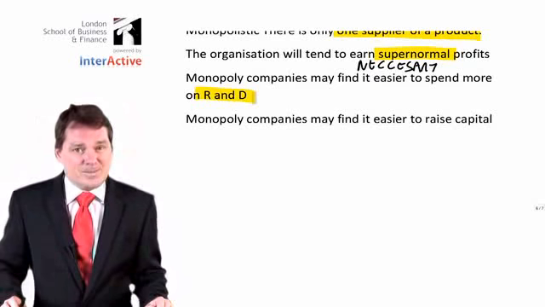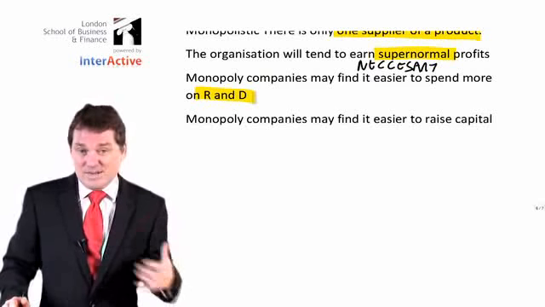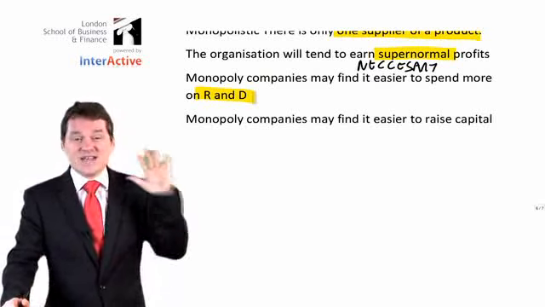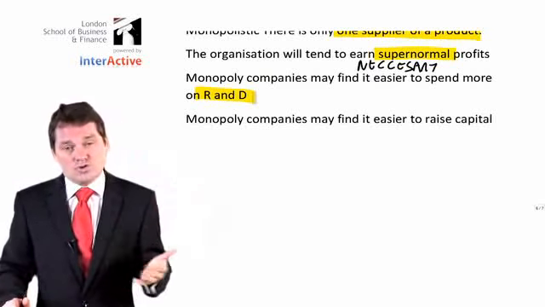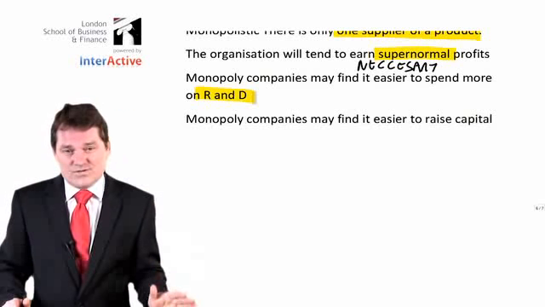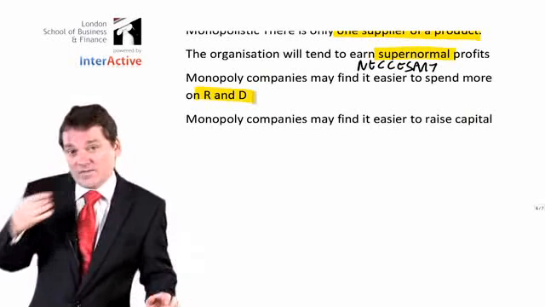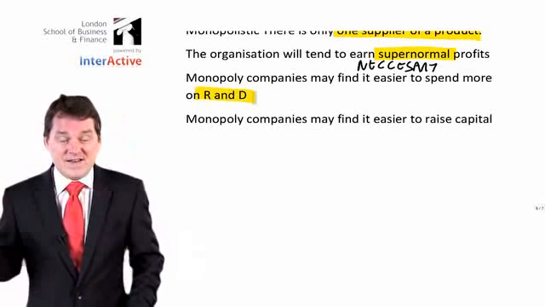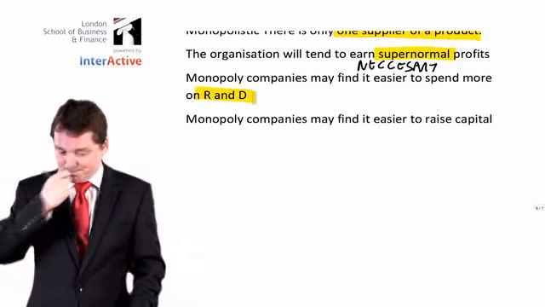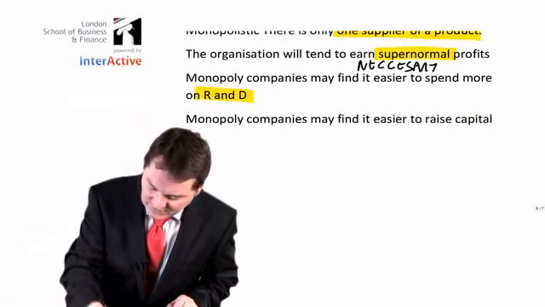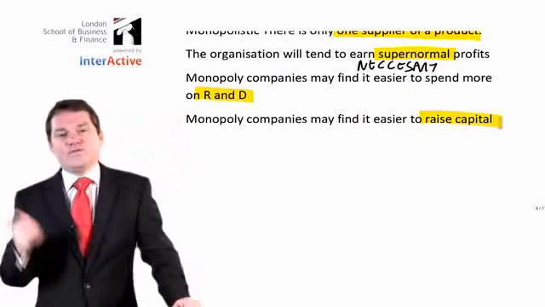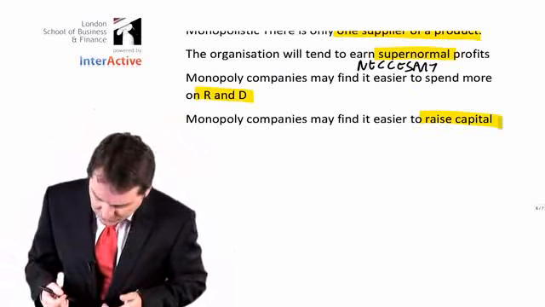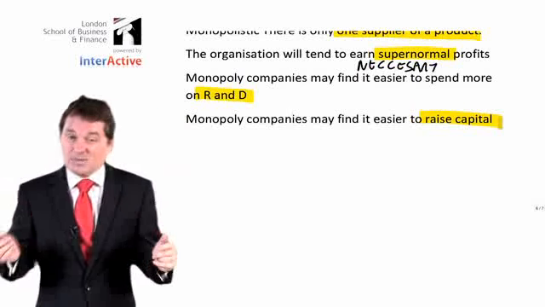Similarly, pharmaceuticals companies. There probably aren't that many big pharmaceutical companies in the world. But you could argue that's an advantage, because they have the money to research new drugs. If there were thousands of pharmaceutical companies all making a little bit of profit, they wouldn't be able to research anything, because research costs money, and there'd be drugs that nobody ever discovers. Similarly, they might find it easier to raise capital, and therefore they can build big factories. So although monopolies are generally thought of as being bad, there are some advantages to